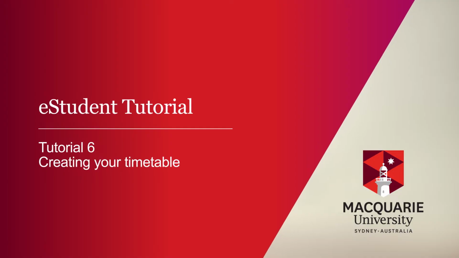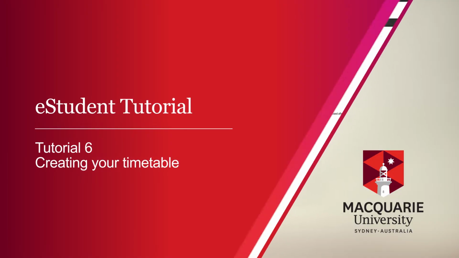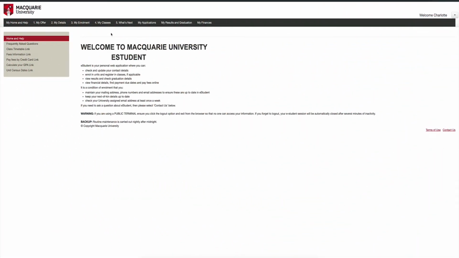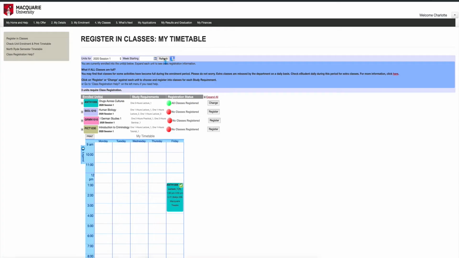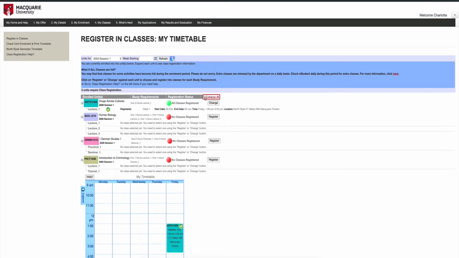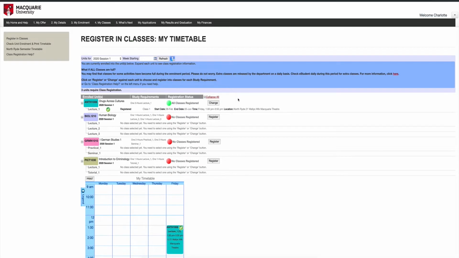Once you have enrolled into units, you can create your timetable. To start, click on the My Classes tab. You can select which session you would like to make your timetable for here, and then click Refresh. If you click on the plus icon to expand, then you can see all the study requirements and registration status